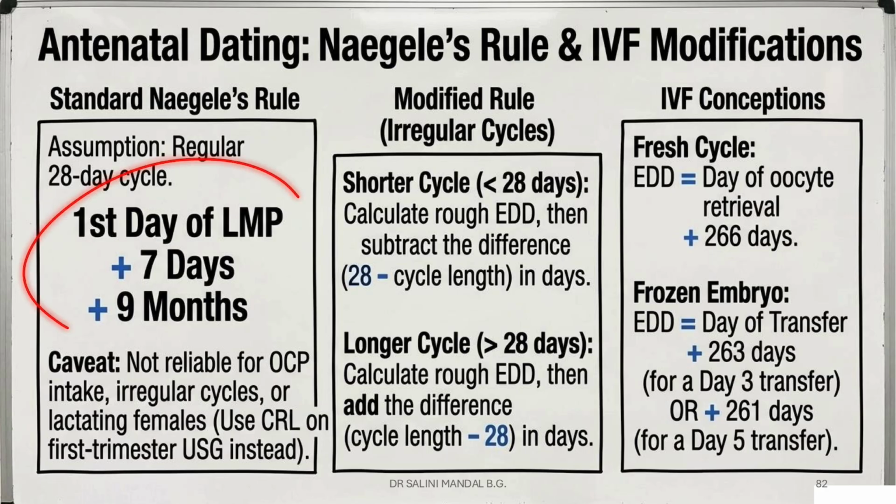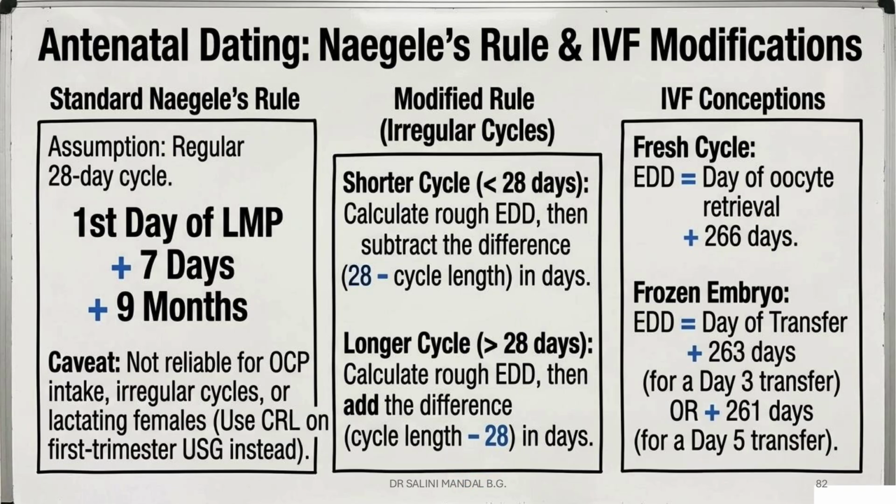So we know first day of the last menstrual period plus 7 days plus 9 months. That is how we calculate, in a regular 28-day cycle. Okay, but if it is a shorter cycle, that is less than 28 days, how are we going to calculate? Calculate it by subtracting the cycle length from 28 days. 28 minus cycle length in days is going to give you the answer. For a longer cycle, cycle length minus 28,